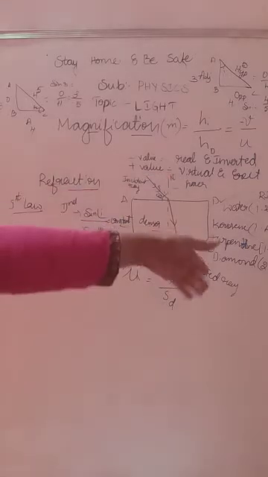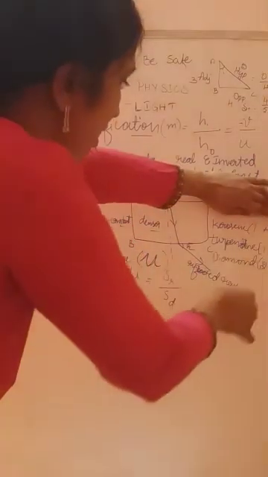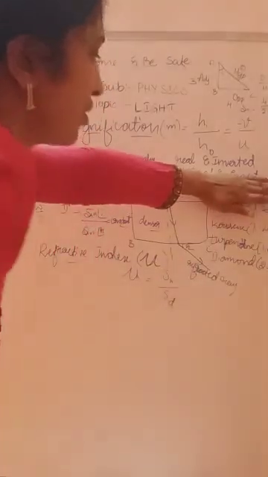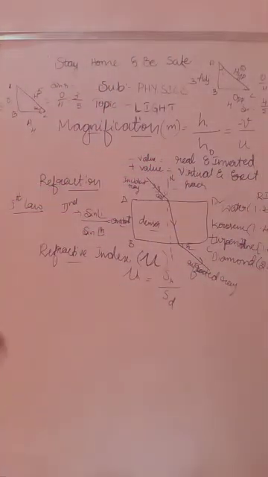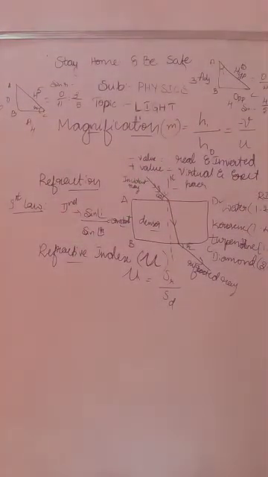Or maybe they can ask the question like that, in which media the light can pass through easily among these, that is water. If they are not giving water, and just giving these two, then the next lowest is kerosene. So compared to these two, in kerosene the light can pass through easily. Like that you want to answer. That thing you have to concentrate on.